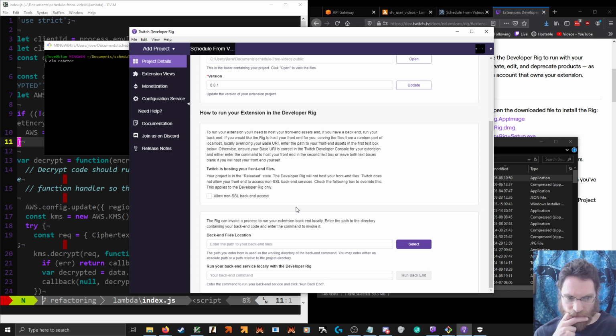Your front end to access non-SSL backend. I think that actually is SSL because it's all HTTPS. Invoke a process to run your extension backend locally. We don't actually run it locally, unfortunately. It's one problem with API gateway.